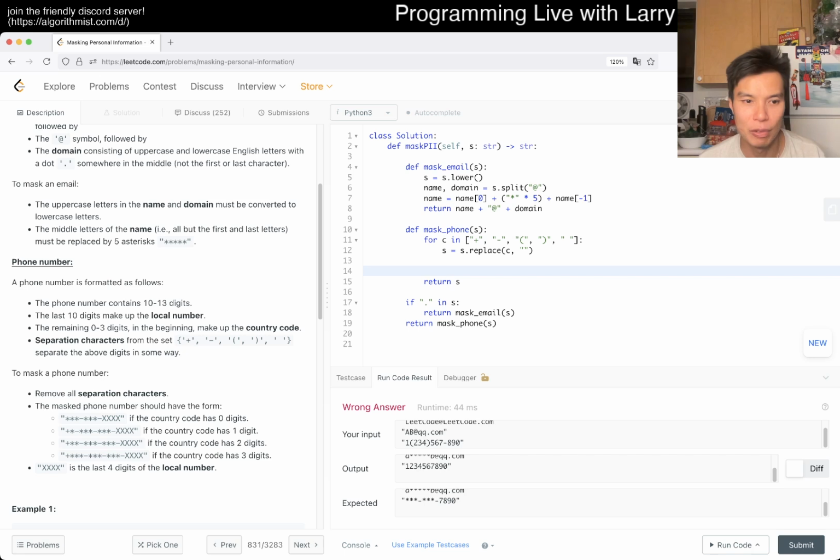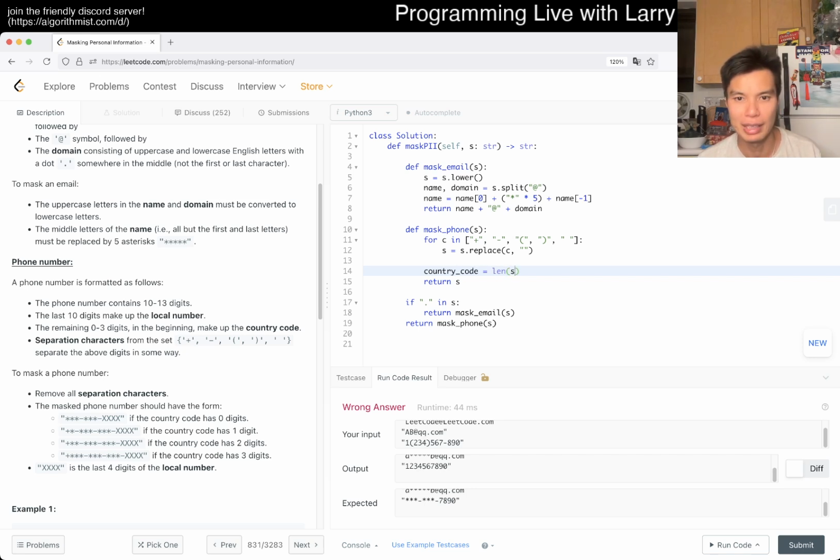Yeah, and then the rest, like I said, it just depends on the number of digits, right? So, you know, maybe I could say, what's it called? Area code, maybe? Is that how you say? Country code is what they call it. Okay, so country code is just you go to